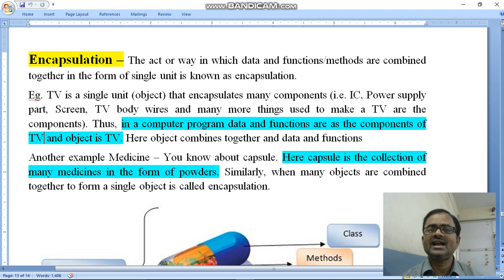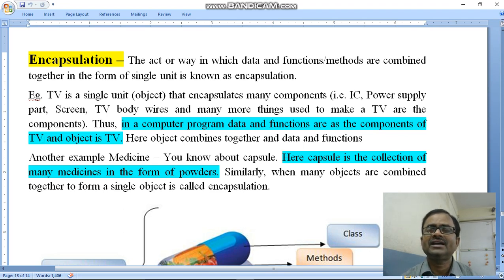Whatever we are writing inside the program is known as the data members of the class and the member methods of the class. Like in a television, whatever is inside is a component of it. So in a computer program, whatever we write inside the class, the calculation, the printing, are the data members and methods of the class.